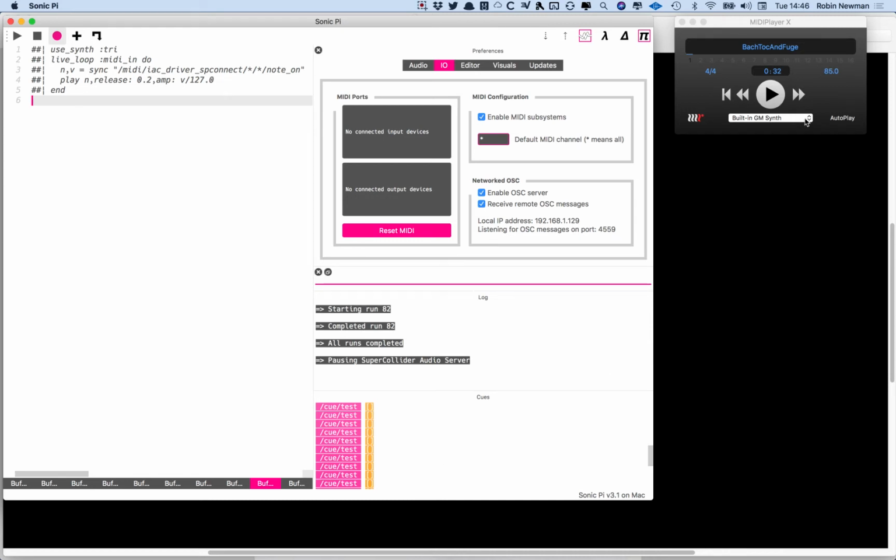At the moment, the only option we have is to play the audio from the resulting MIDI by the built-in GM synth in this little application, and we can start that playing and hear that it does actually work. So a bit of Bach playing there. I won't bore you listening to it all, but you can see that that works, and that the MIDI file Bach Toccata and Fugue, which is loaded into it, will play when we start that playing, but we can only